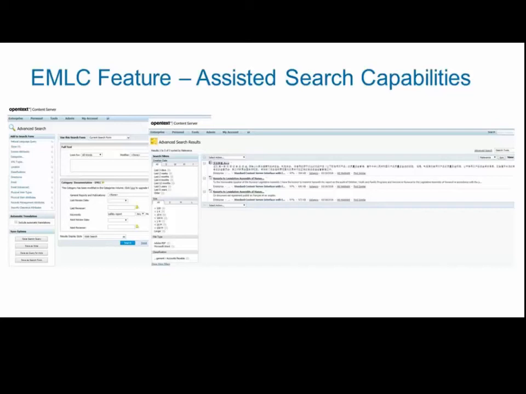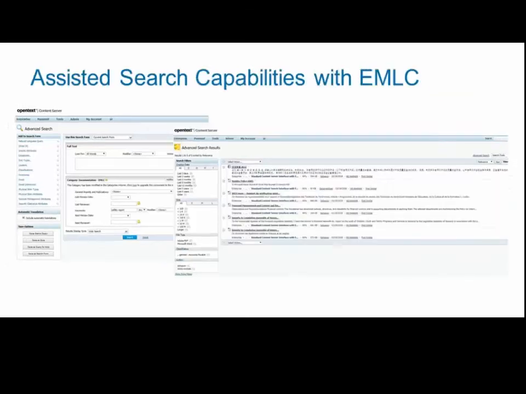Well, that's good, but I'm pretty sure there are other documents in the system, perhaps that were tagged by German users or users that have put values in another language. So now with the assisted search, on the left-hand side there's a checkbox. It says assisted automatic translation. If you check that with our module and you click search, it'll use your translation engine, SYSTRAN, for example, in this case, and you can see more results.